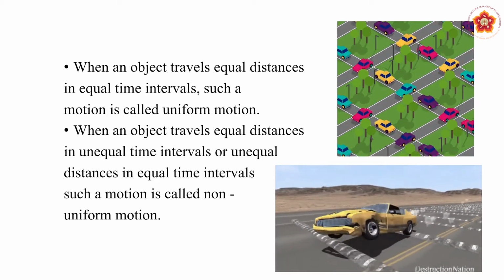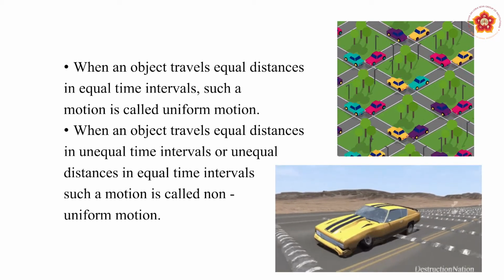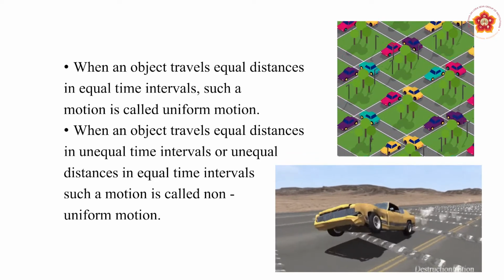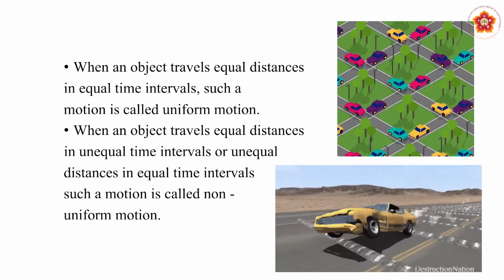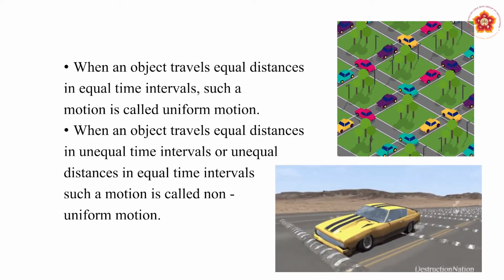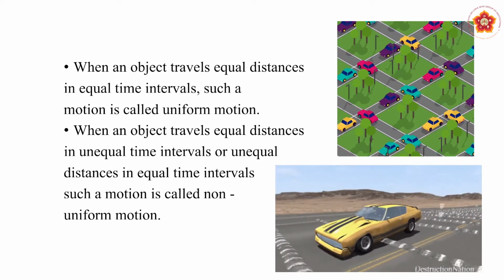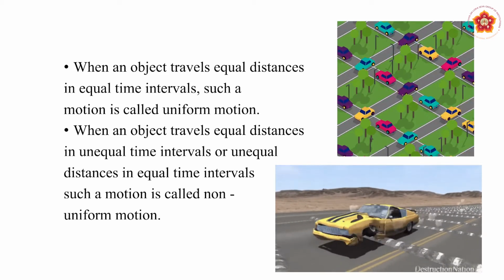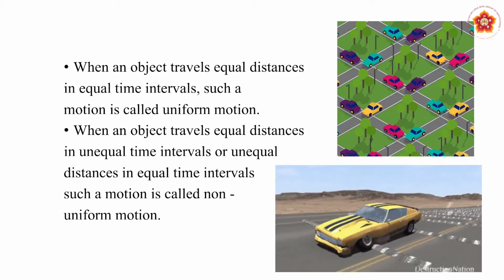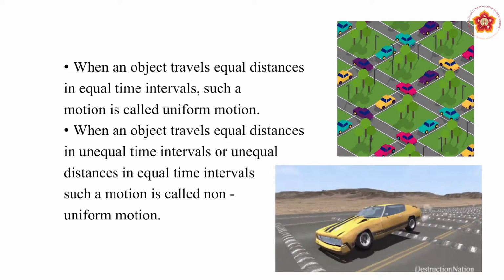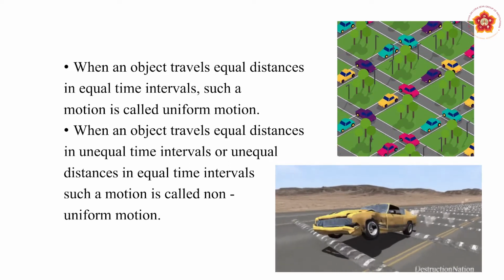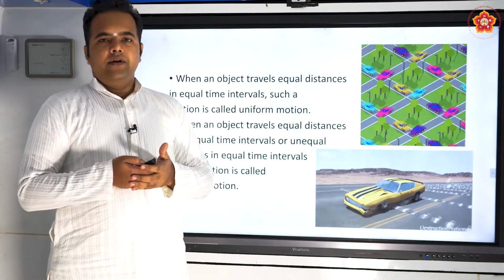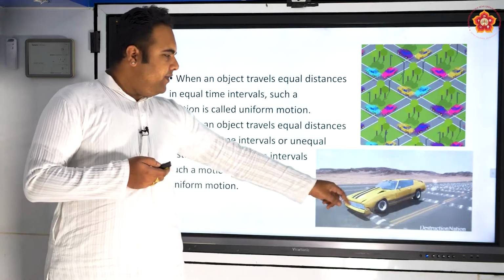For example, have a look at this picture. If the car tries to maintain the same speed even when there are bumps on the road, this is what happens. This is an experience that people undergo. So whenever there is traffic or whenever there is an obstacle, our speeds vary. When the road is clear, the speeds are more. So therefore, these are the two kinds of motion: uniform motion and non-uniform motion. Equal distances in equal intervals of time, practically, is very rare to observe,